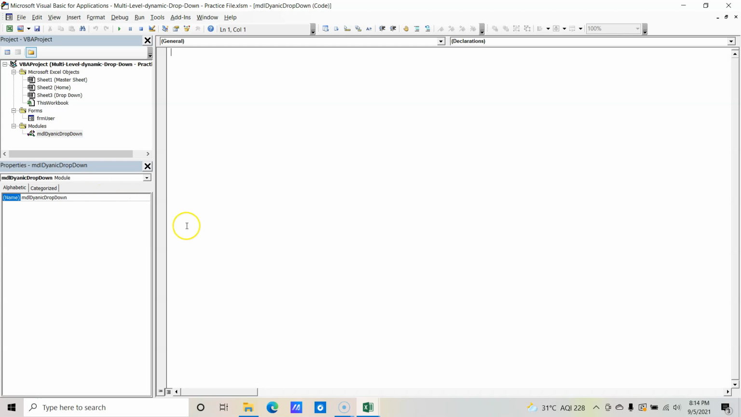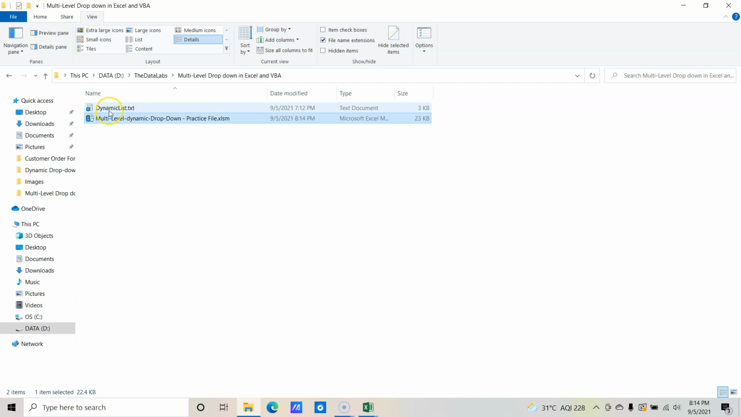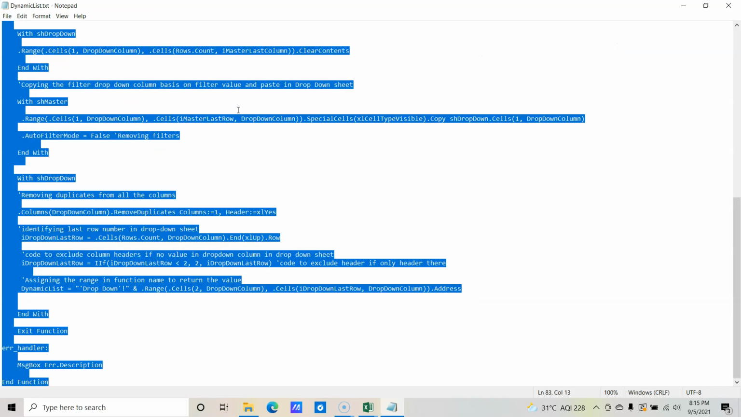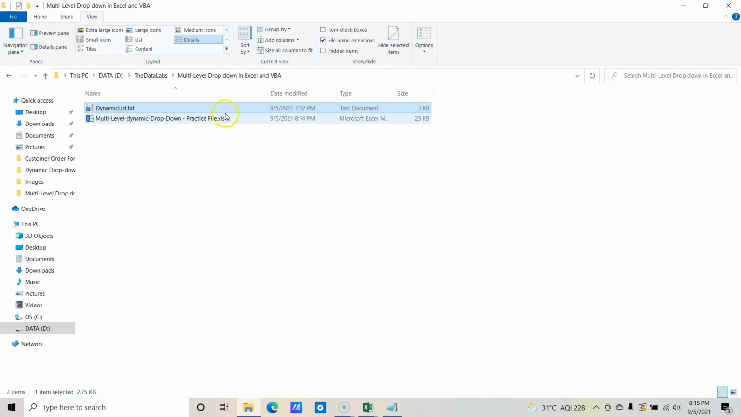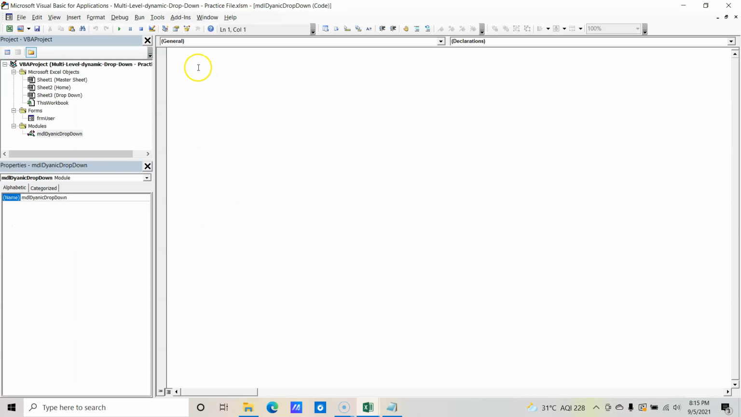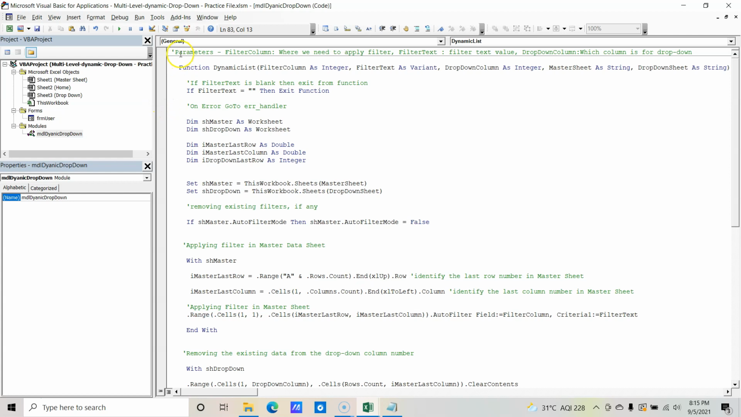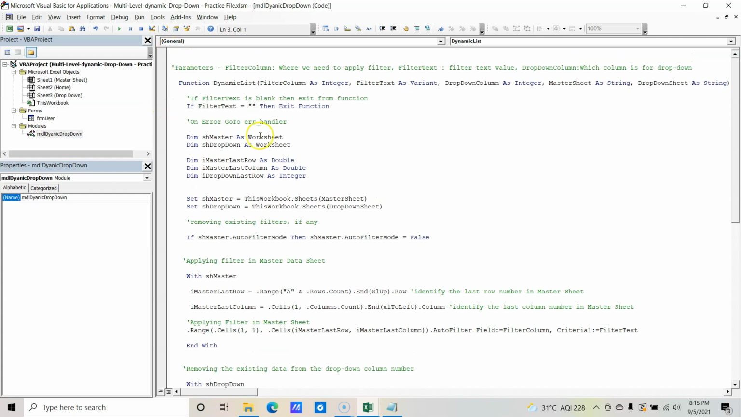Let's copy the function, the user defined function. I have already created the function that is available in this dynamic list text box. So let's open this file, press Control A and C, move to this file here and paste it over here. So now we are done with pasting the dynamic list user defined function, and we will be utilizing this particular function to create a multi-level drop down. You do not need to write the code, but